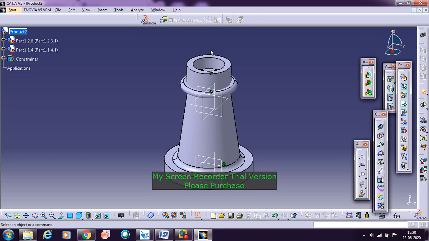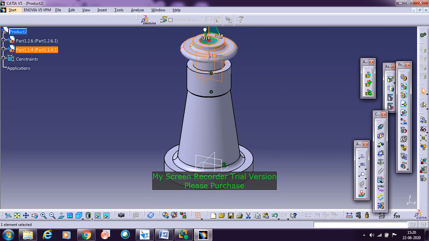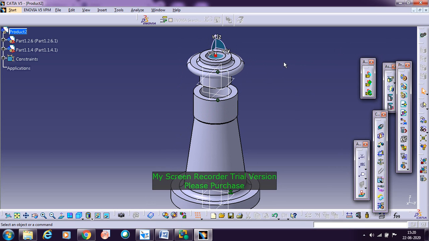For that you need to make use of the compass here. Call the compass, and then select the second part, and then with respect to this vertical line, you need to move it out. In this way you need to call the part, you can use the command compass. The same way, you can move it in any direction, and you can rotate it with respect to the x, y, and z axis planes.